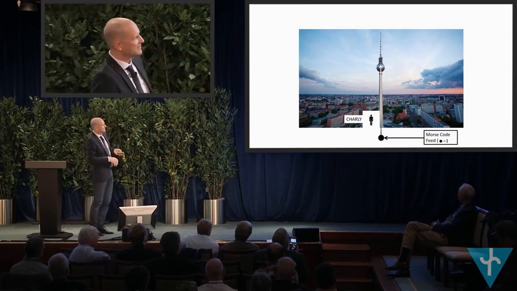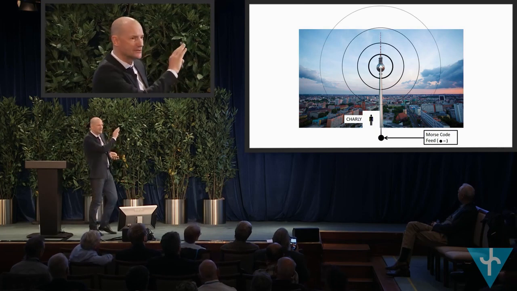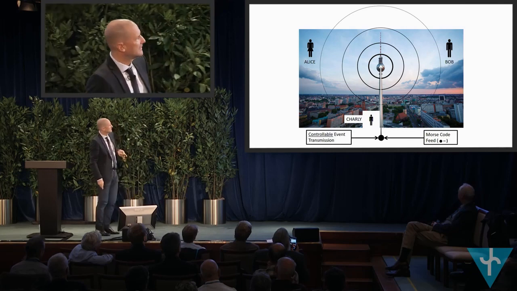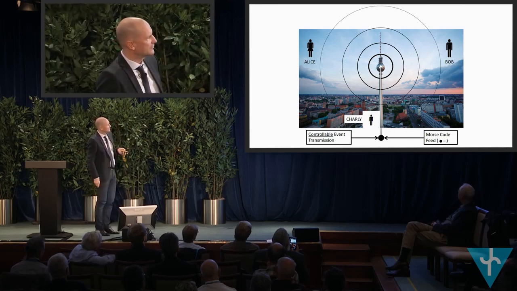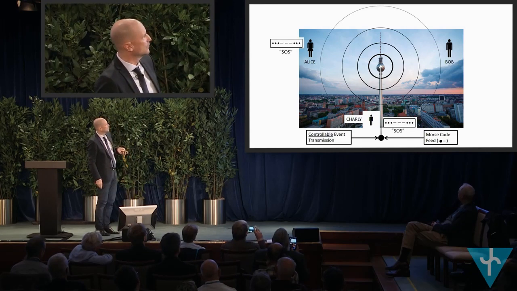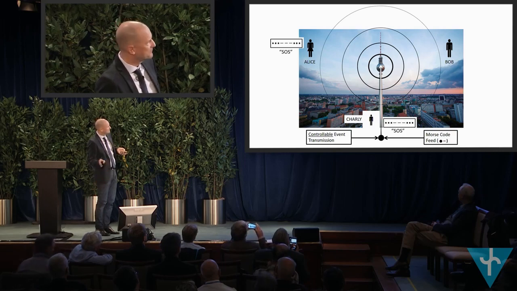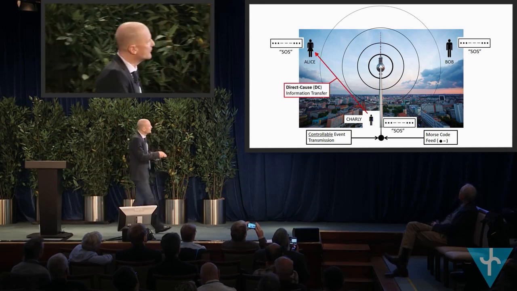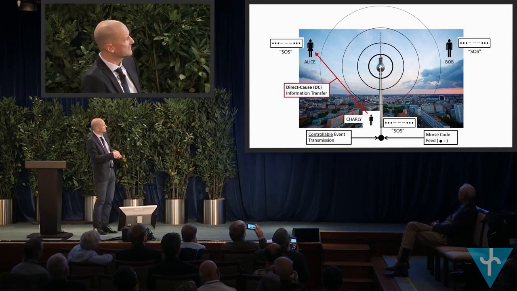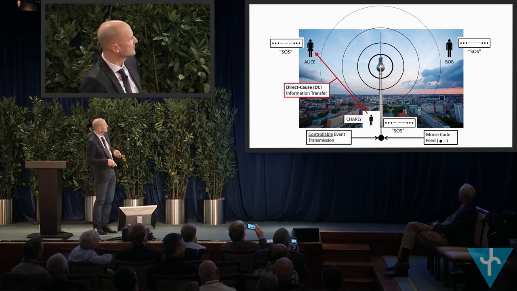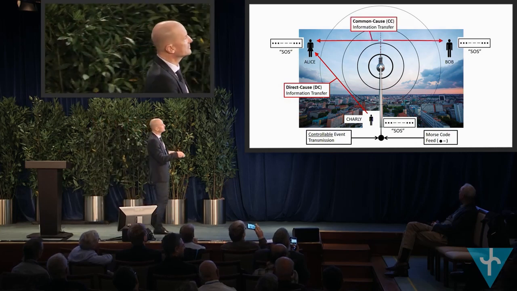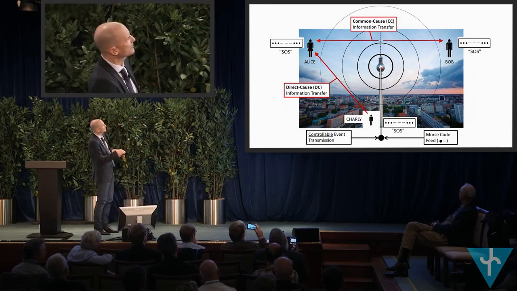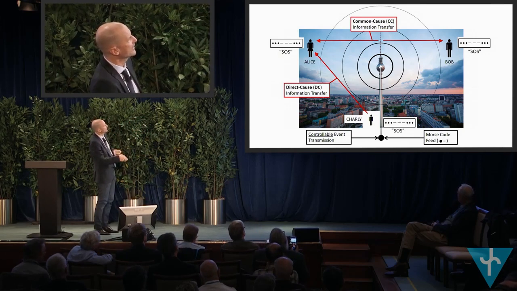So Charlie is in control of a Morse code feed. He needs help, so he can send an SOS to Alice and to Bob. If he can control the event transmission, and so SOS goes out to Alice with the radio, she has a receiver, and to Bob. And this would be direct cause information transfer, both. So there's a direct cause, radio waves going here, receiver, and it would be common cause information transfer for Bob